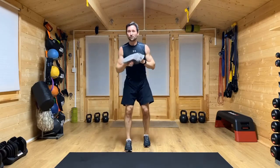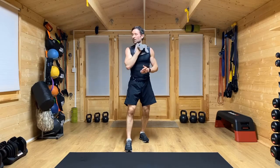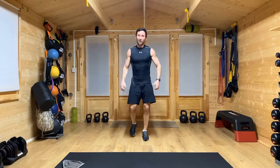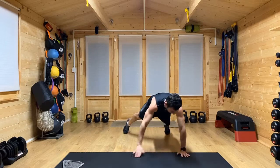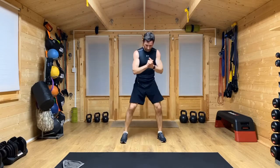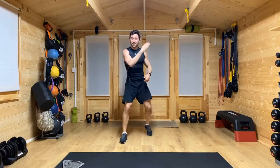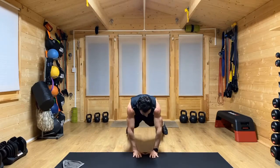So next up we've got figure of 8 and the high plank step outs. We'll start with the high plank step outs. Okay, hands on the floor, feet wide, step and step, push the body from side to side. Clasp the hands, feet glued to the floor, and we're chopping that figure of 8 out in front. Here we go. 2, 1,